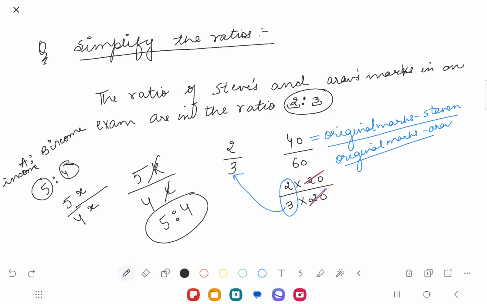This is the key point of ratio, Adam. If you do not understand this part, the questions will seem to be tough for you. But if you could do this part, the questions will be very, very easy for you. Do you understand my point? So, for example, Adam, if I say